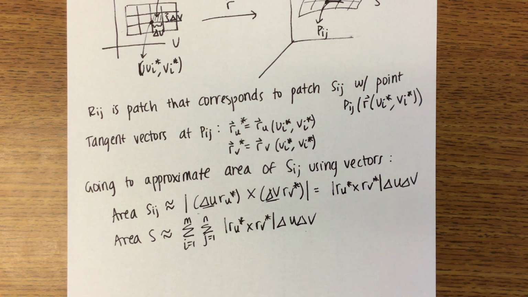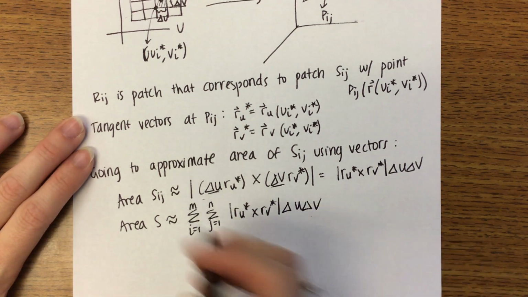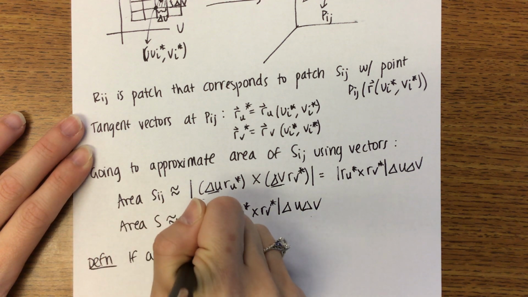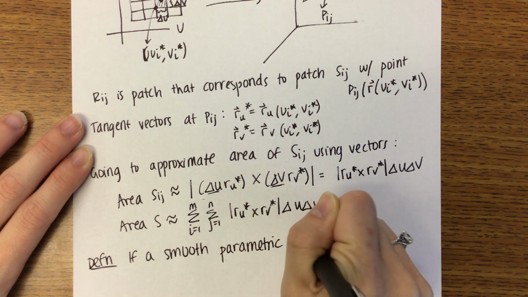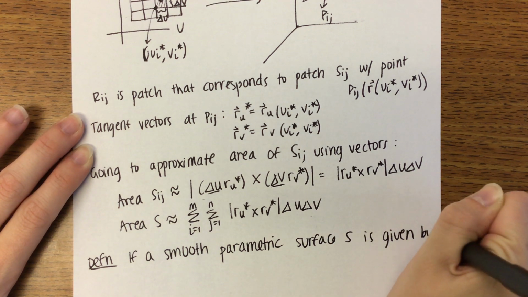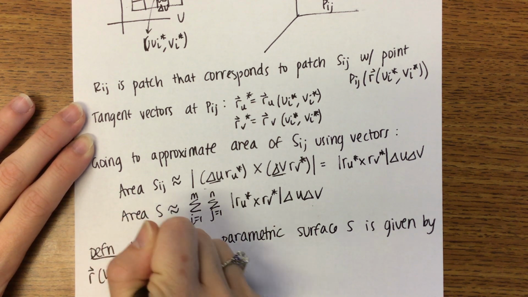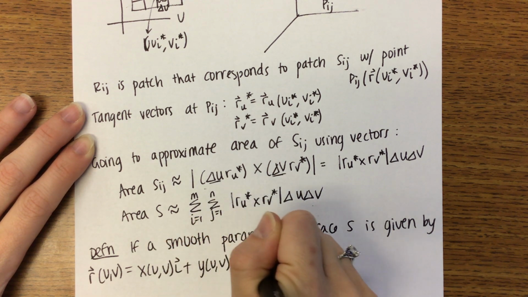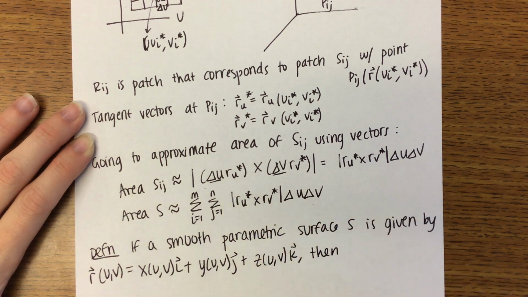Okay, so this leads us to our definition. That was basically like the Riemann sum for surface area. Here's the formal definition. If a smooth parametric surface S is given by that equation we wrote at the top, r(u,v) equals x(u,v) i, add y(u,v) j, add z(u,v) k, then